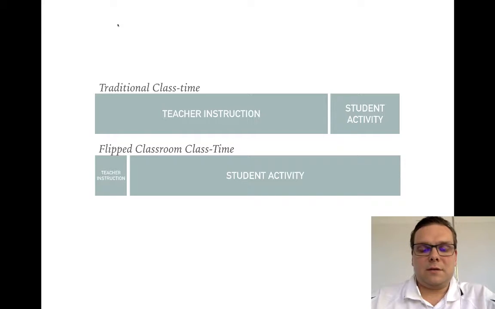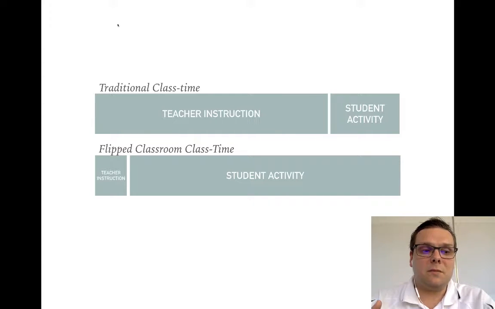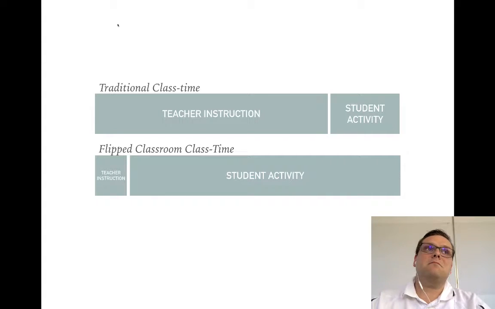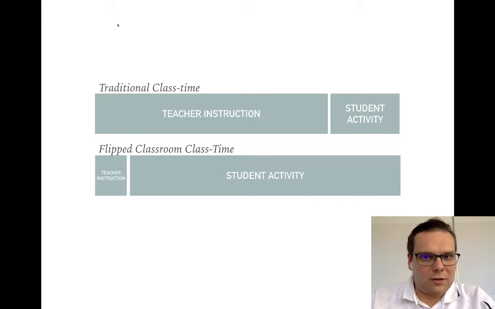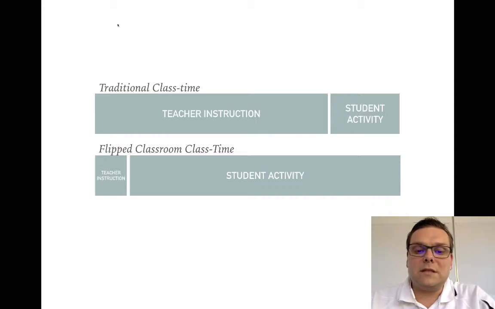Here's a little bit of a diagram: in traditional class time, the teacher instruction takes up quite a bit. I know with me, speaking from experience, the teacher instruction takes up maybe 10 to 15 minutes. Then there is a student activity. That's really a skewed graph, but you get the idea. And in flipped classroom time, the teacher instruction takes maybe 5 minutes, and then the student activity takes up most of the lesson. Of course, if you're in a practical subject, that's going to look wildly different. I know if I was to do drama, this is English, but if I was to do drama, it would be wildly different. However, the idea of it is getting the instruction to the students one-on-one so that they can play, pause,